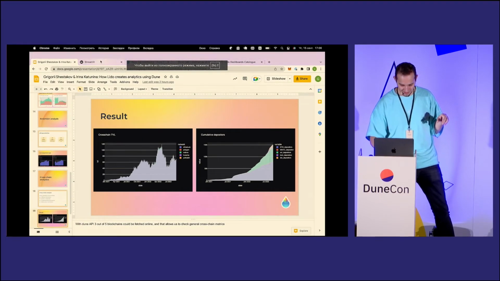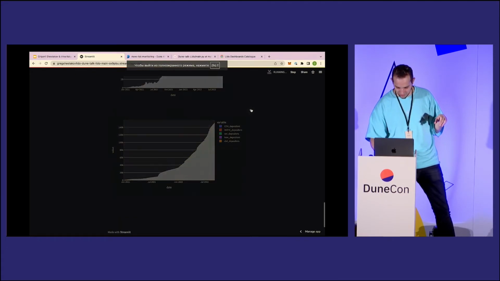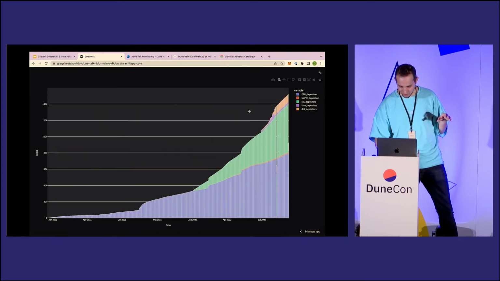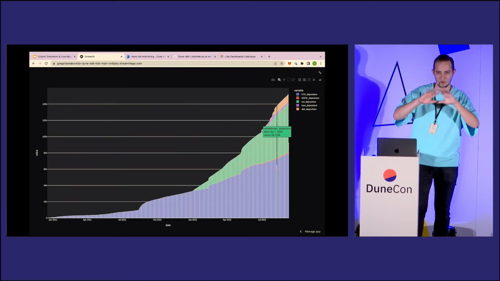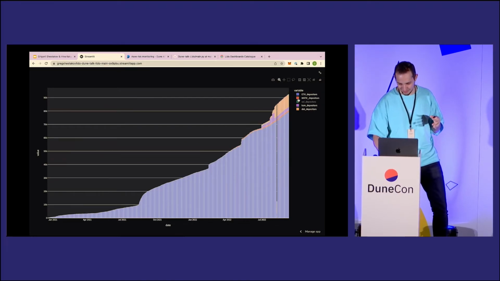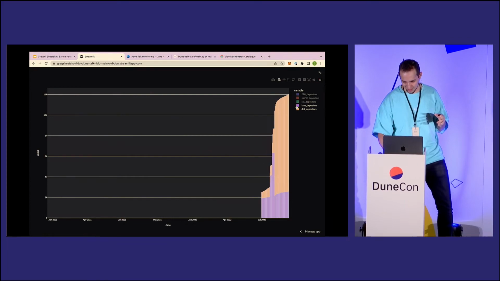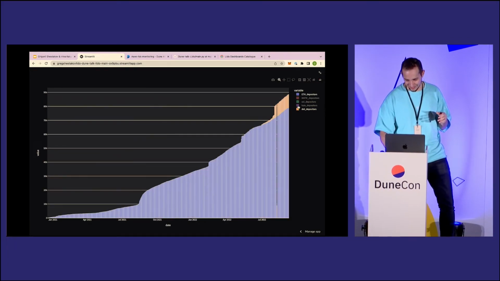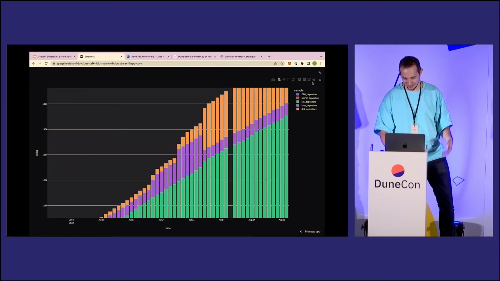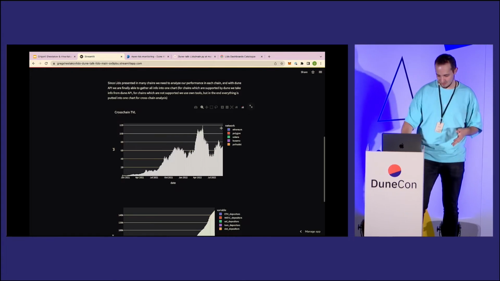So here you could see, for example, a graph of all depositors among all Lido's blockchains. You could also play with it, like display only, for example, Polkadot, or change sizes, all that stuff, and even download it as PNG. So please feel free to play with all these graphs.